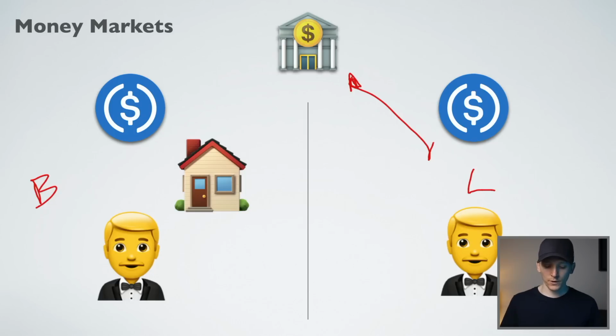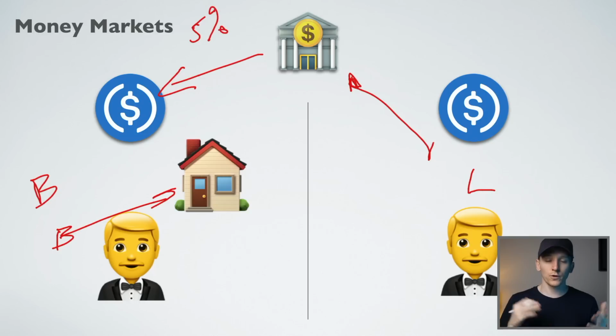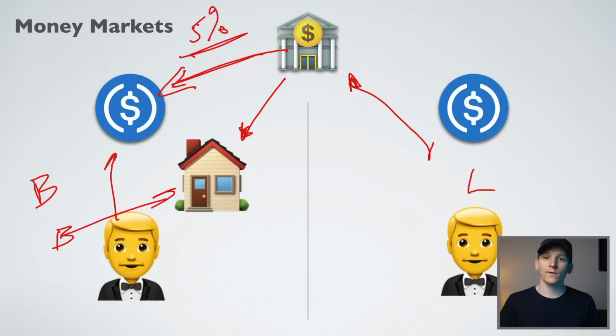But most of the time what you need is collateral to borrow against. So most people borrow against something like a house. So you go to the bank and say, I want money to buy this house. And they say, we'll give you that money right here, but we'll charge you an interest, let's say 5%. You've just got a mortgage for a house. But if you don't pay back the loan, then the bank takes the house. That is a collateralized loan. The bank gives you money, charges you an interest, but they have an asset to take back and sell if you can't pay back the loan.